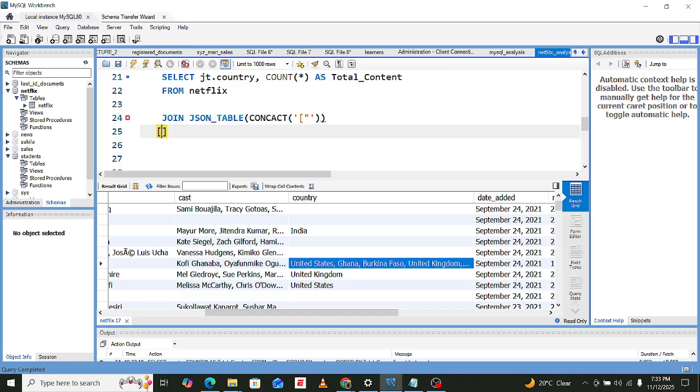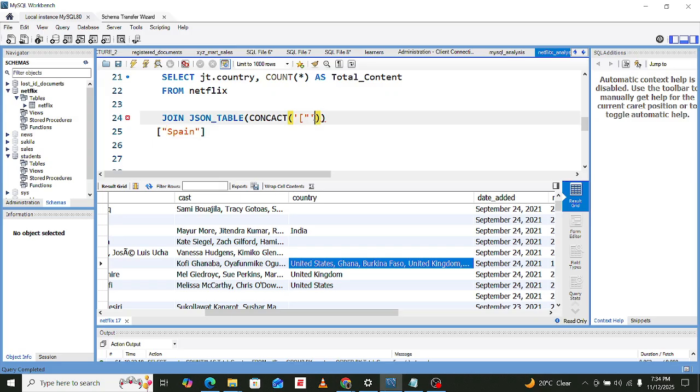You can see something like this. The first one is Spain. Of course, you are going to start with something like this, right? So that is where we are putting a left square bracket, and then an opening speech mark.